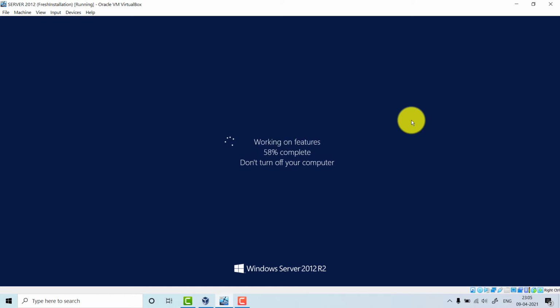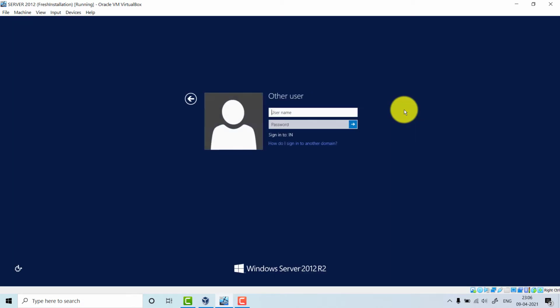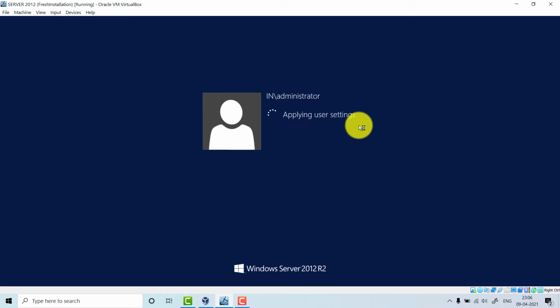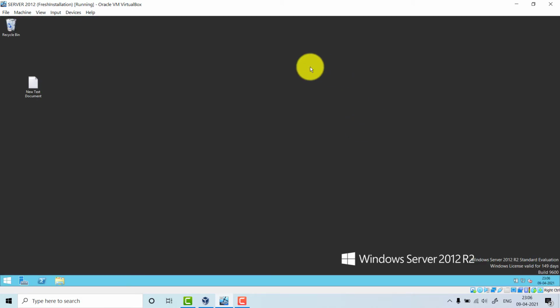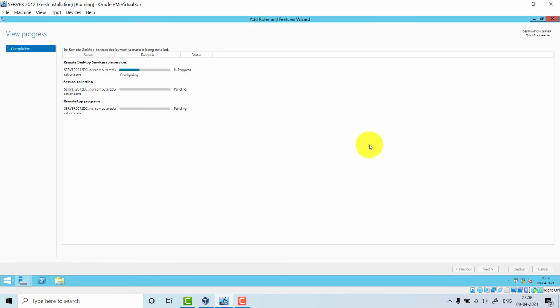As you can see, it is showing working on features. It has to be completed 100%. Just give the username and password. Is it capital A or small a? Let's check. Okay, it's small a only. As you can see, I have not done anything, but it has restarted the installation process again.